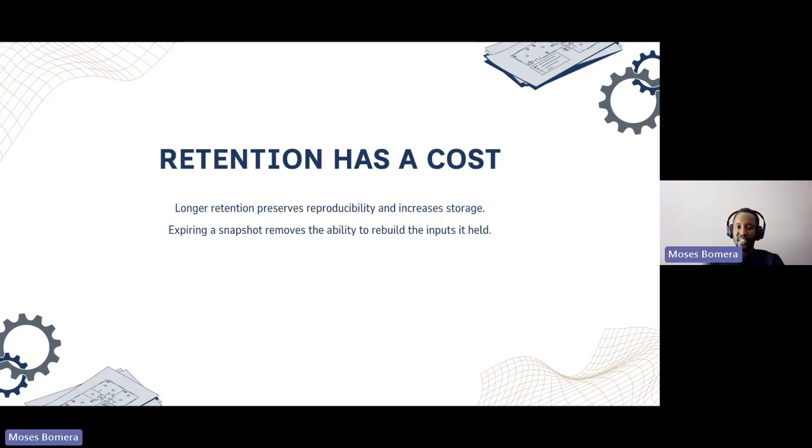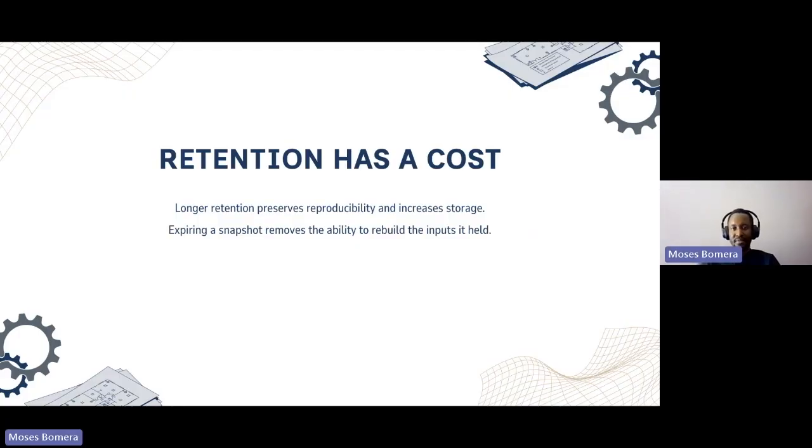That means storing snapshots. Whenever you delete a snapshot, you can no longer replay what the table state was at a certain point in time. So this is something to think about at design time: if you need to reproduce something or provide evidence for a certain decision, then you will need to store the snapshots for a bit longer. And if it's something that doesn't need much time, think of exploratory data analysis, maybe that can be reduced to just days.